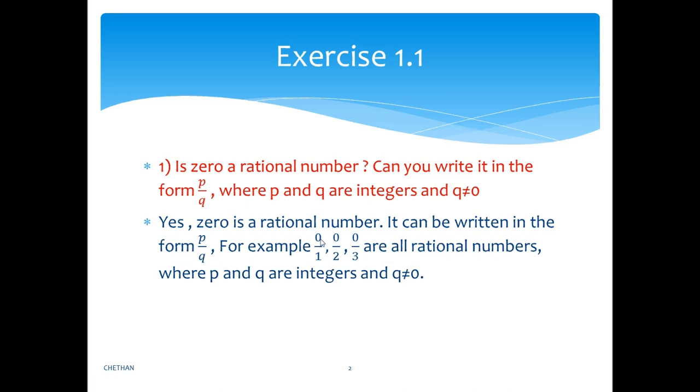Do you understand this? Yes. We are going to move on. Next question. See here. Find 6 rational numbers between 3 and 4. We can write countless numbers, many numbers between two numbers. So on the basis of that, they are asking to write 6 rational numbers between 3 and 4.